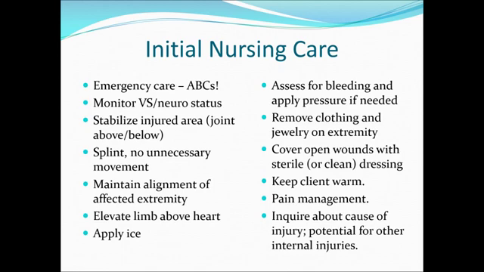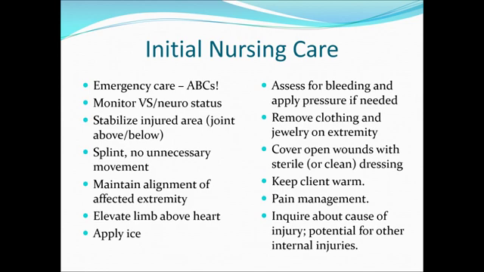So initial nursing care with fractures: airway, breathing, circulation. Okay, if they don't have an airway, it doesn't matter if their femur is sticking out, because if they don't have an airway, they're going to die anyway. Okay, so airway, breathing, circulation. Looking at those vital signs, looking at their neurological status and their neurovascular status. Because again, with these fractures, you can have disruption of blood vessels, you can have disruption of nerves, so we worry about what the status is to that limb.